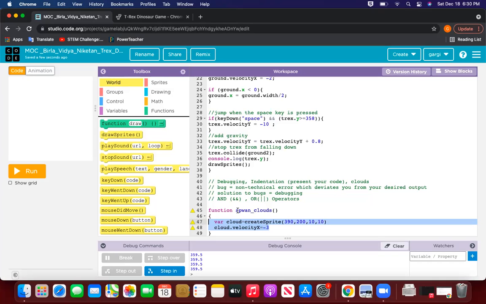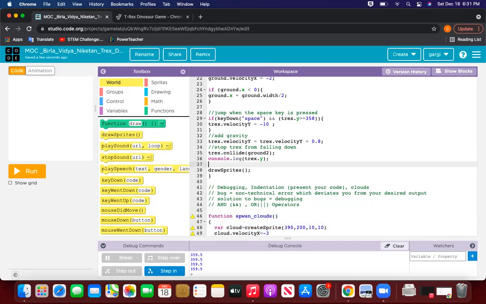To use this function, you have to call the function. This entire process is called defining a function. You are telling the computer what this function will do. Now, to make the computer do these things, you have to call the function. So for the calling part, you take the name and the round brackets and you just put it above the draw sprites. This part is called calling a function.